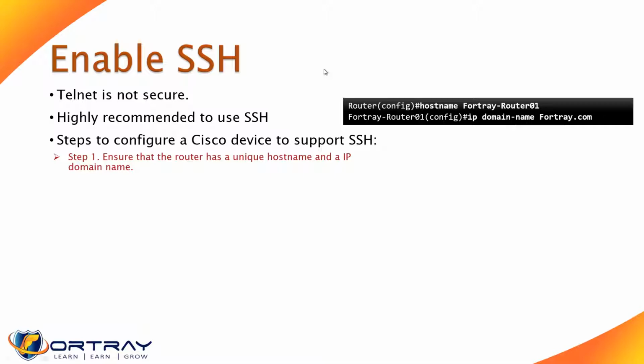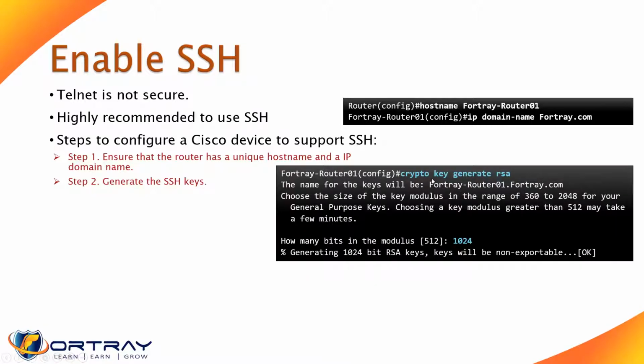Then you need to generate an SSH key. Behind the scenes, your communication will be encrypted. Encrypted means that if somebody in the transit path uses some kind of tool to listen on the wire, they will not see the actual message; it will be hidden. So we say crypto key generate rsa, then you can specify the number of bits, for example 1024, and it will generate the key. The longer the key you select, the more secure it is.